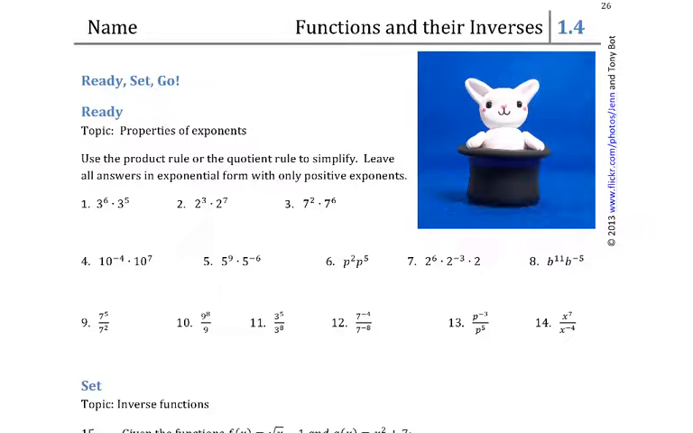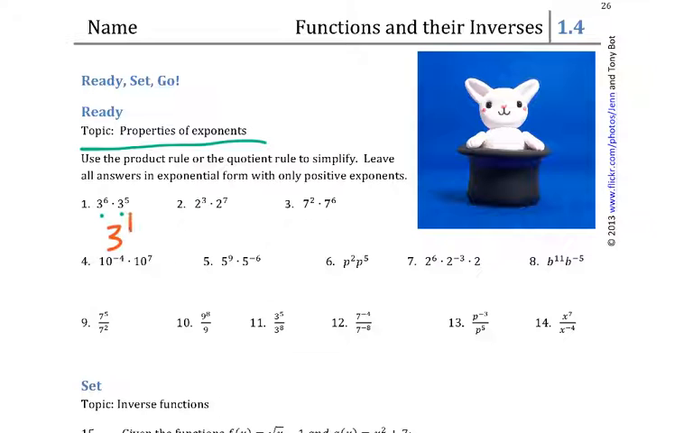Alright, Math 3, functions and their inverses 1.4. So these first ones are kind of a review about the properties of exponents. Remember, when you're multiplying with the same base, like 3 and 3, you add the exponents. So 3 to the 6th times 3 to the 5th would be